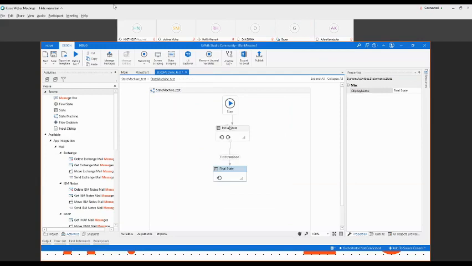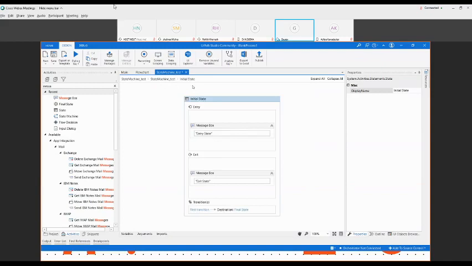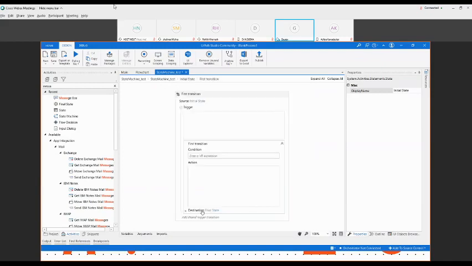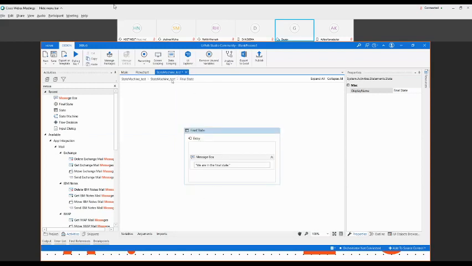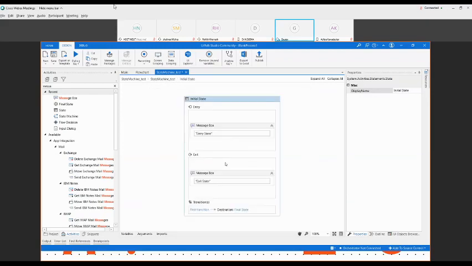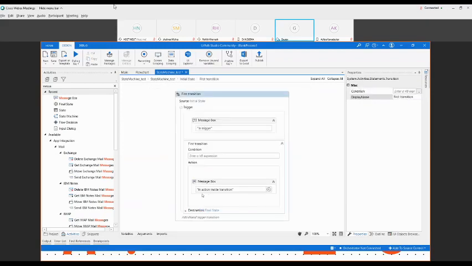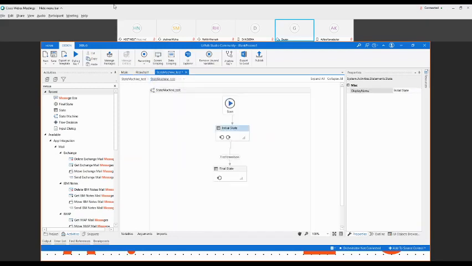So I want to just show the flow, how this flow is executing. Let me first show you. So whenever you come inside, it will execute this path, the entry state. After that, it will go to the transition. And the transition will execute in the trigger path. If the condition is true, it will execute again, back to the exit state. And then it will execute, sorry, then it will execute this action part. Let me run this file and you will clearly understand.